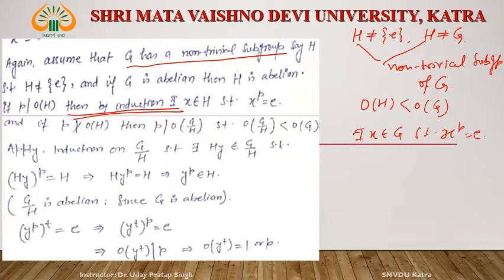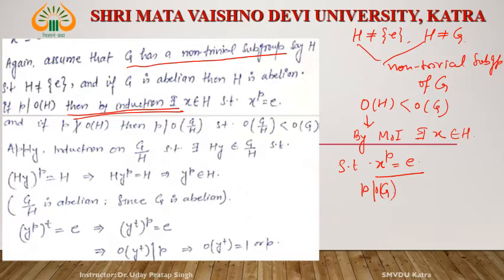This result is true for all groups whose order is less than the order of G. Since the order of H is less than the order of G, therefore by the method of induction, there exists x in H such that x to the power P is identity. Since P divides the order of G,